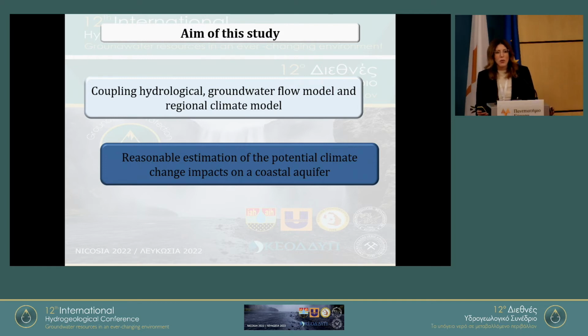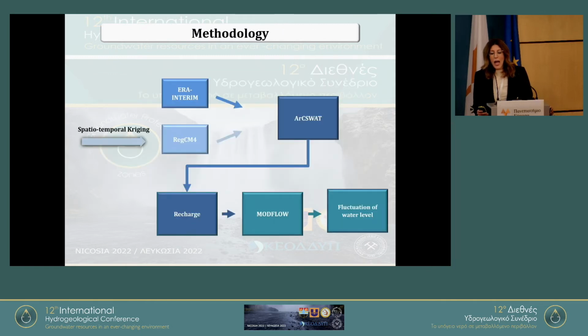The objective of this work is to reasonably estimate the potential climate change impact on a coastal aquifer. In order to achieve this task, a comprehensive